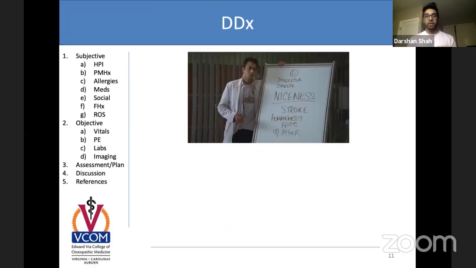So differential diagnoses. What do we already think? This guy definitely is positive for Sjogren's. So we definitely know this guy has Sjogren's. But what can that CPK tell you? It comes from the muscle, right? So this guy probably has an inflammatory process going on in his muscle. So let's go through this.